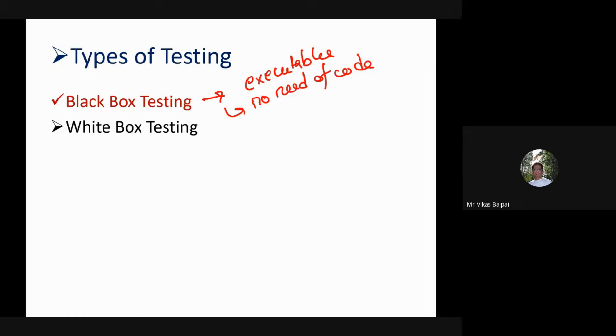Code means a piece of code, or the code of the entire product, or a project, or a module. For us it was a black box, and I had no clue about the internals. This was happening in case of black box testing.